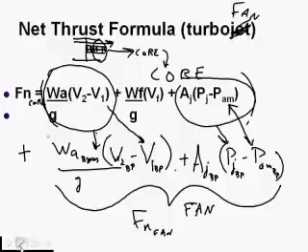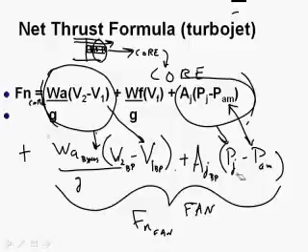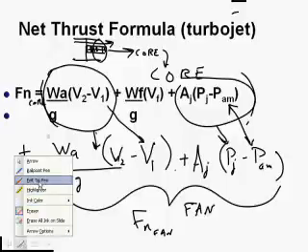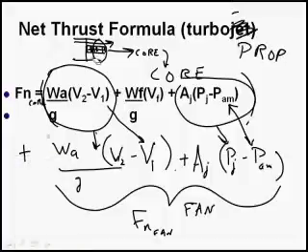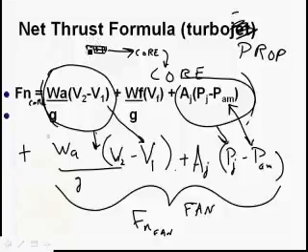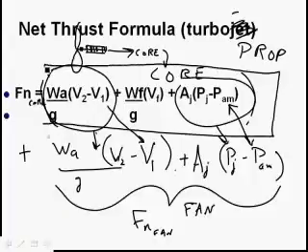Now, if we wanted to turn this into net thrust for a turboprop, it's essentially identical. I've got to turn this into a turboprop. Got to have our little reduction gearbox, and we've got to have a propeller. Okay, the core is still going to be the same. Here is the thrust from the engine core, but we're also going to have this bypass air going through the propeller. So we need to make sure that we take into account the weight from the